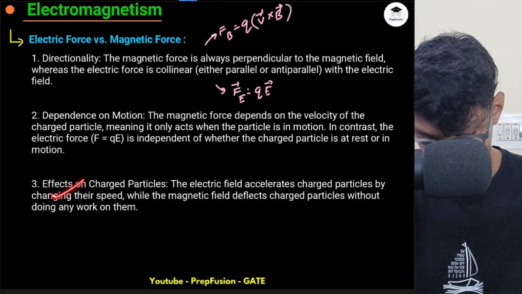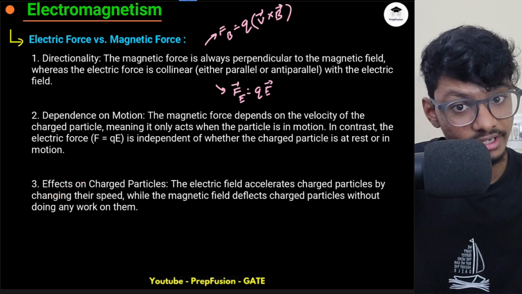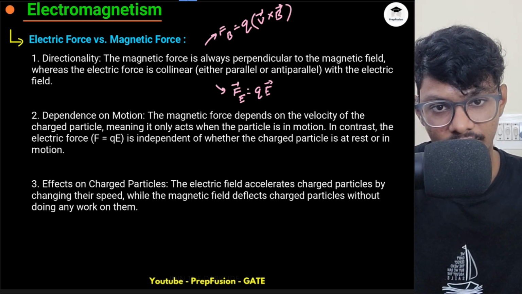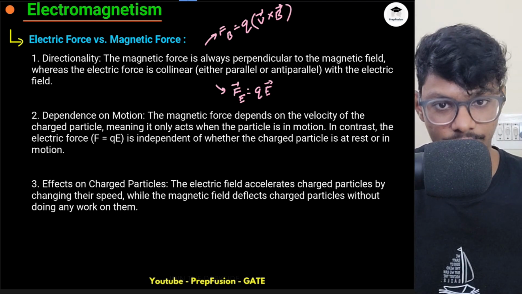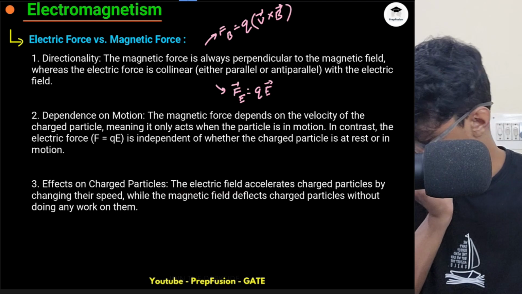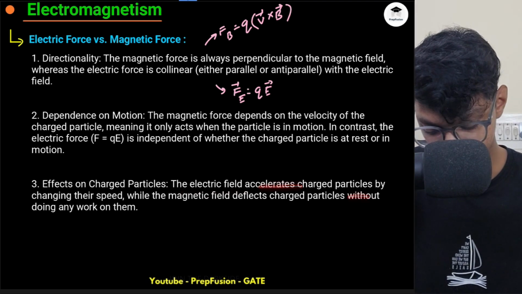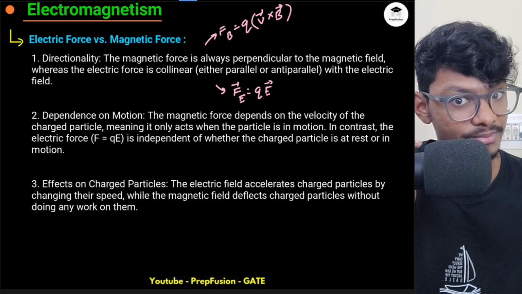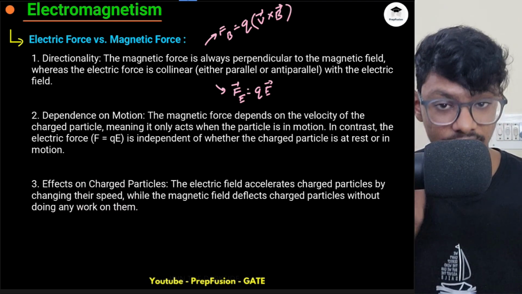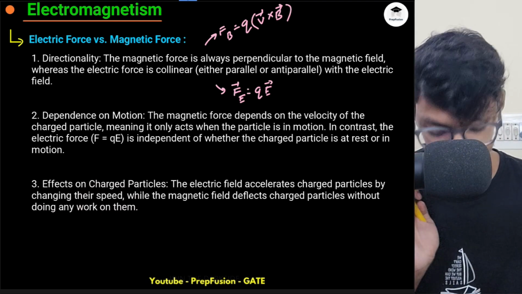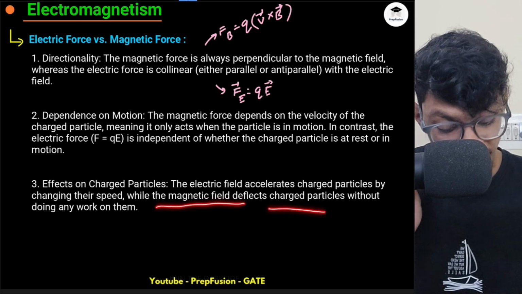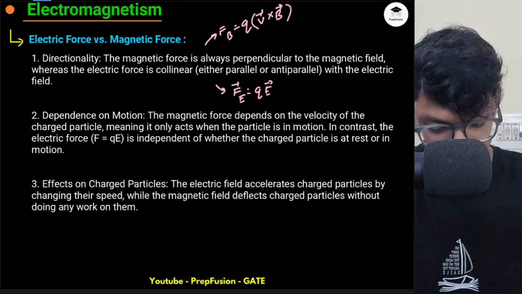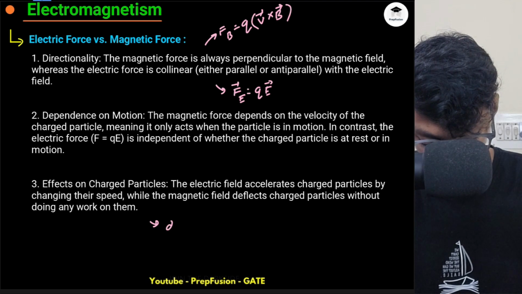Now effects on charged particle. What happens when an electric force acts on a particle and a magnetic force acts on a particle? The electric field accelerates charged particles by changing their speed. So the electric field actually changes the speed, because it gives a force, it gives the acceleration in the same direction, while the magnetic field deflects the charged particle without doing any work. Because, like I have explained at the start of the lecture, the magnetic field doesn't